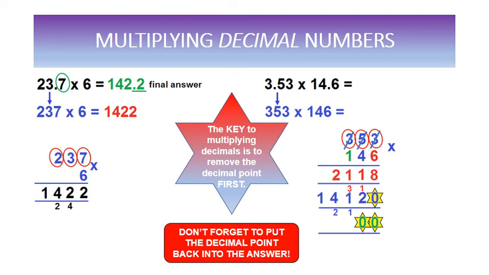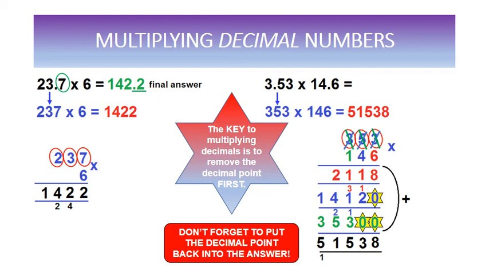And then we say 1 times 3 is 3. 1 times 5 is 5, and 1 times 3 is 3. Then we add those all up, so units, tens, hundreds, thousands, 10,000. So our answer to the 353 multiplied by 146 is 51,538. And then what we do is we go back to our original question and look to see how many